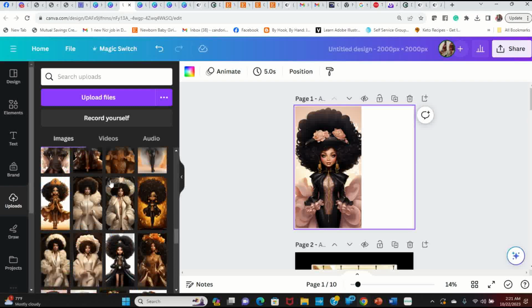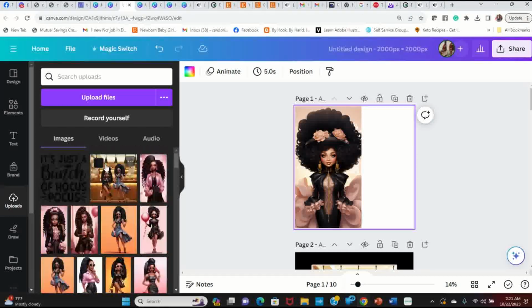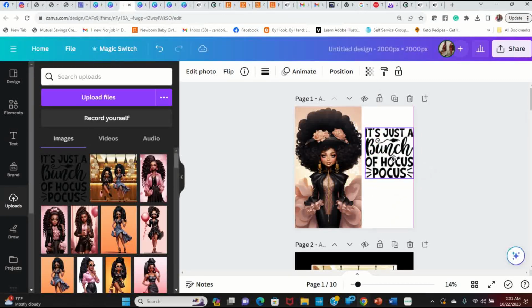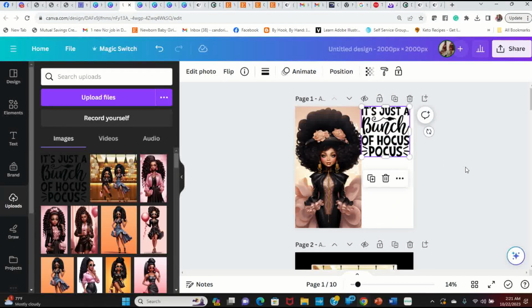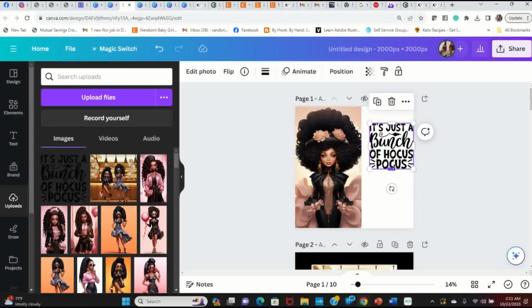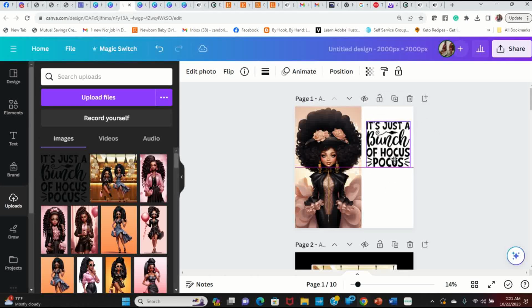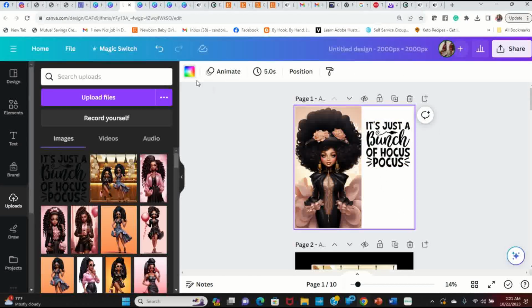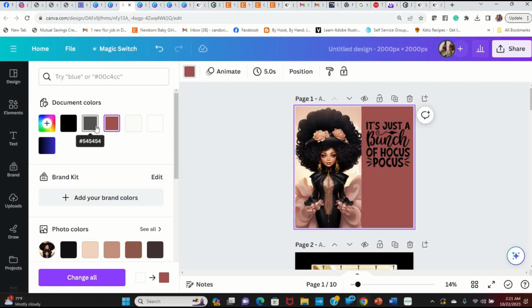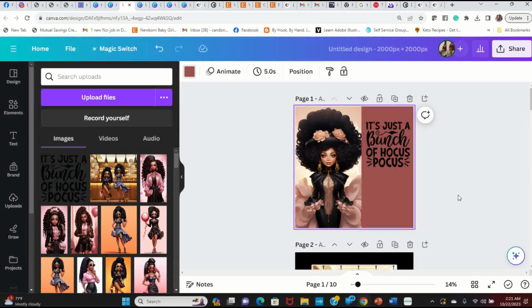And I'm just using this as a reference, guys. You don't have to really do this, but then we could downsize that and now we got, it's just a bunch of hocus pocus, but I probably would have like a Halloween type image or something on there. But I just wanted to show you how you just bring it in like it's a normal image and plop that in. And then of course I would take a color from my image. I kind of want that color right there. But anywho,